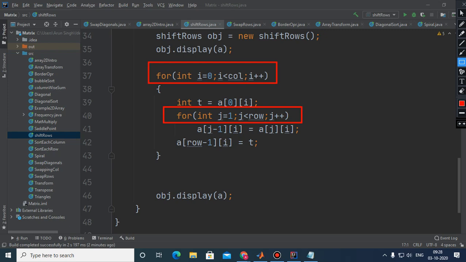And if you just see the index numbers here, which are 0,0; 0,1; 0,2; 1,0; 1,1; 1,2; 2,0; 2,1; 2,2.